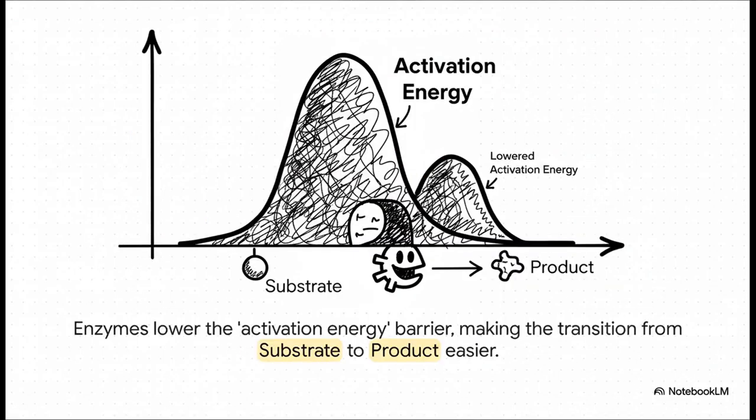So how do they pull off this magic trick? This graph right here shows the secret. You see, for any reaction to get started, it needs a little push of energy to climb over this big energy hill. We call that push the activation energy. What enzymes do is they act like genius engineers. Instead of making the reaction climb all the way over that huge hill, they basically build a shortcut, like a tunnel right through it. By lowering the activation energy, they make it super easy for the reaction to get to